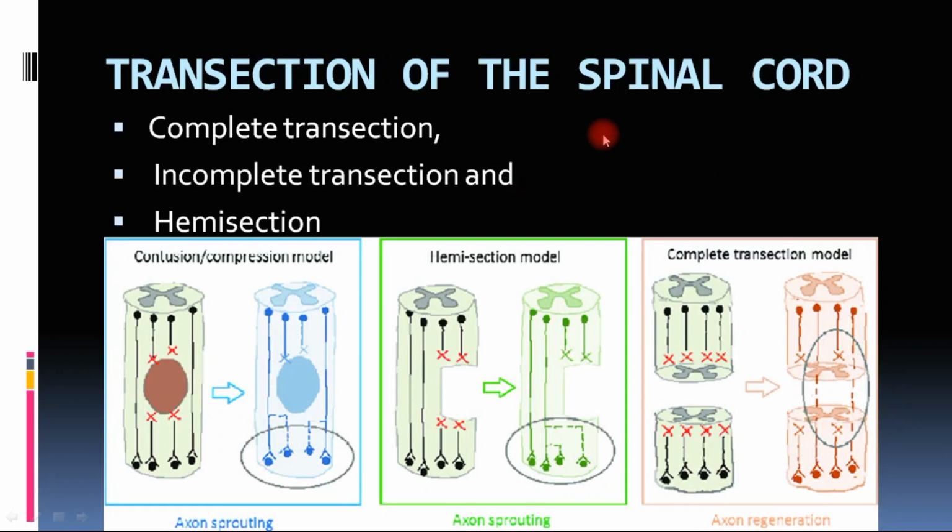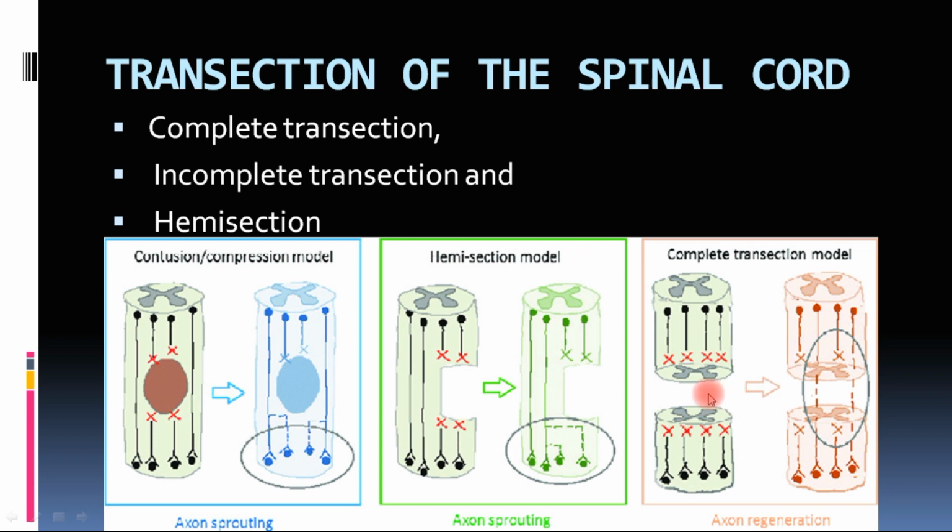So the first topic is transection of spinal cord. There could be certain possibilities. There could be complete transection, incomplete transection or hemisection. As you can see here, in this case there is the complete transection. That means if this transection is at a particular spinal segment level, the connection between the above descending tracts is lost in case of motor system, and the signals from the sensory input which is going above is not reaching the brain.